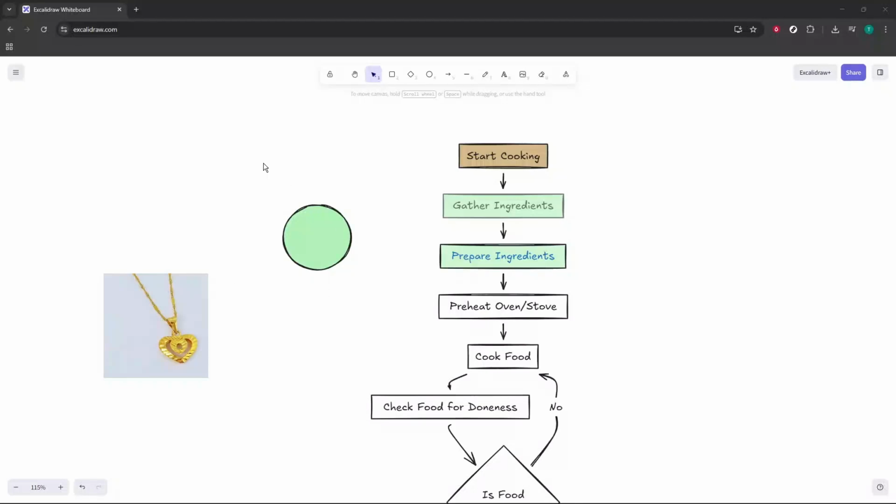In today's video, I'm going to teach you how to write text in Excalidraw. First, open your browser and go to excalidraw.com. When the page loads, you'll see a clean open canvas. If you're not opening an existing drawing, it will look blank, and that's exactly what you want for a fresh